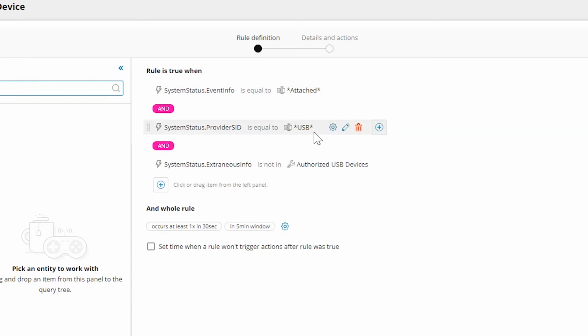Provider SID equals wildcard USB wildcard, because we want to limit this to USB Defender only. And this last one is what makes this rule unique: it's looking at this extraneous info box, which, if you recall, is the field that contains the USB identifier. And it's comparing it to this list of authorized USB devices. This is a user-defined group that's configured out of the box that you can add your devices to, essentially forming a whitelist. So whenever someone attaches a device that's not in this authorized USB device whitelist, it will automatically